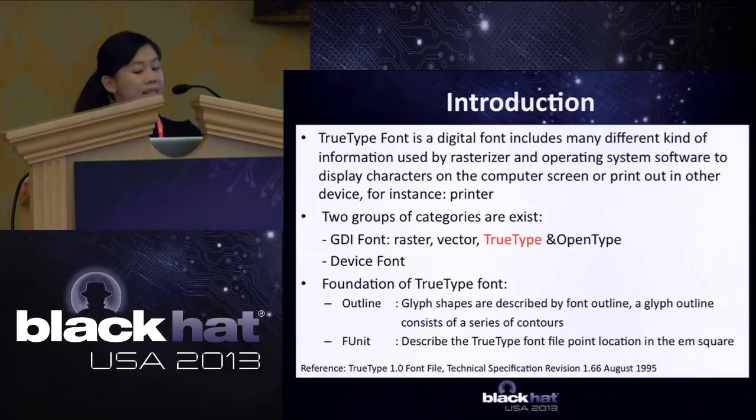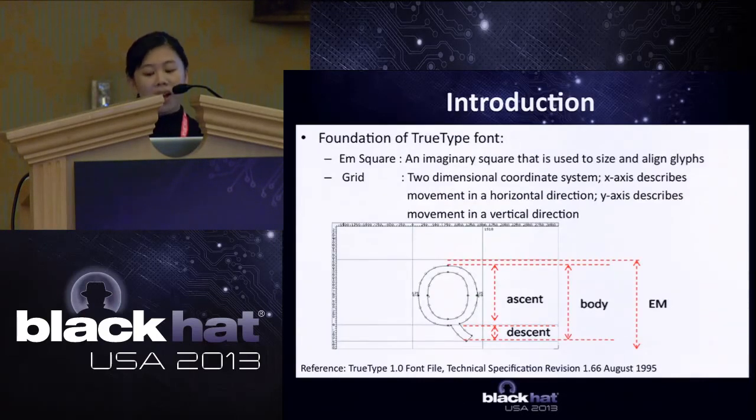So basically, Windows supports two broad categories of font, that is GDI font and device font. The GDI fonts, which are based in Windows, come in three types: raster, vector, and TrueType or OpenType. Here we would like to introduce the foundation of TrueType fonts. For instance, the outline of a glyph consists of a series of contours. The font unit, or F unit, describes the TrueType font file's point locations in the M square. The outlines of the characters or glyphs in TrueType fonts are made of